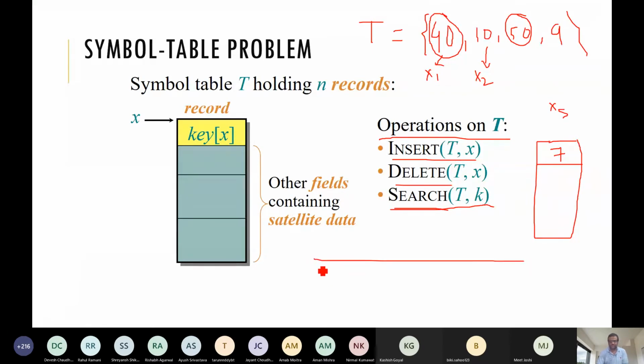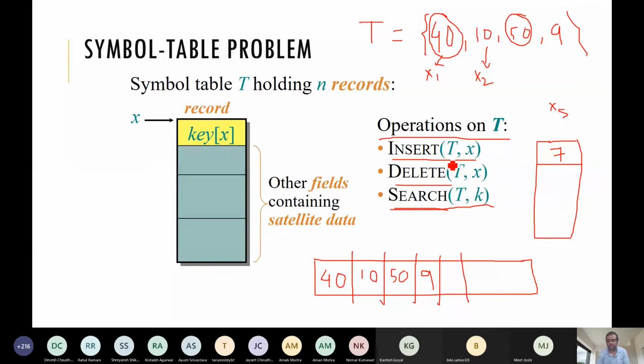If we just store this in a linked list or array, we store 40, then 10, 50, 9, and we can keep some space. If we are using an array, we can keep some space for new records to be added.